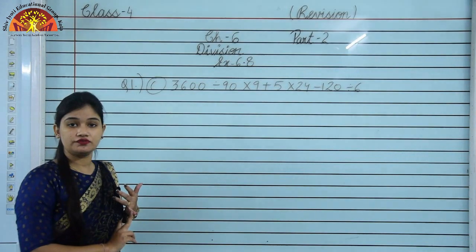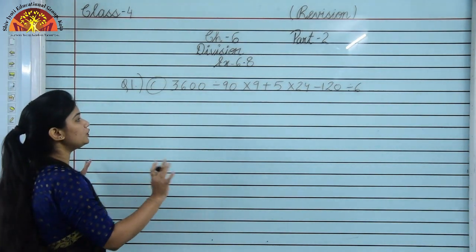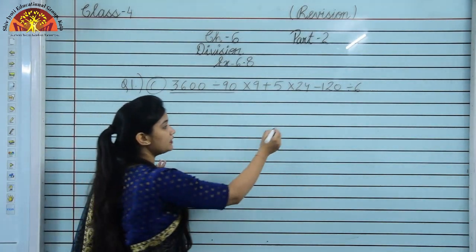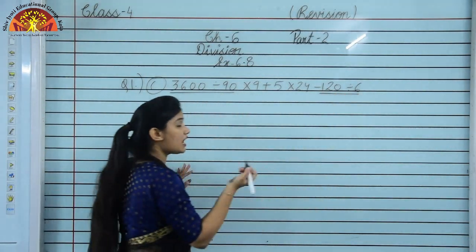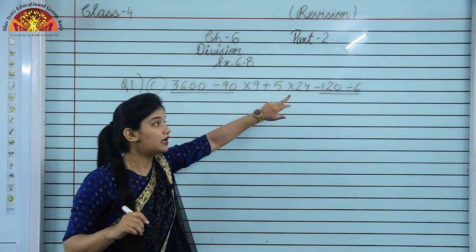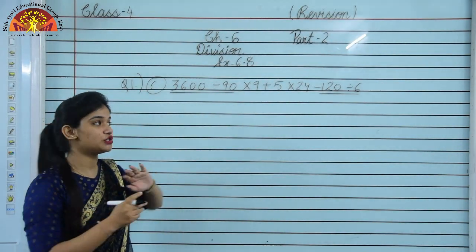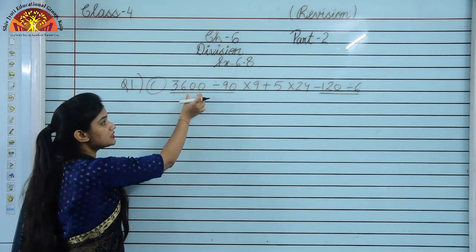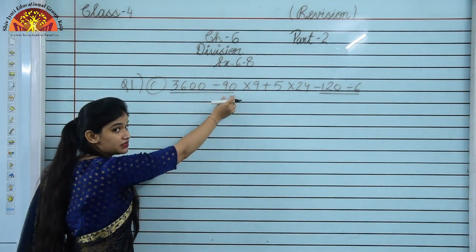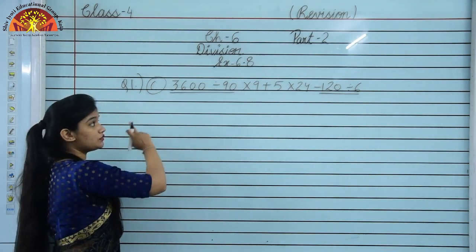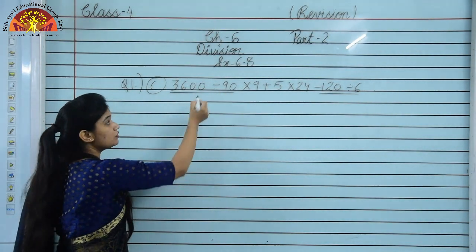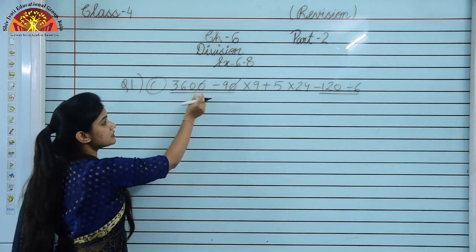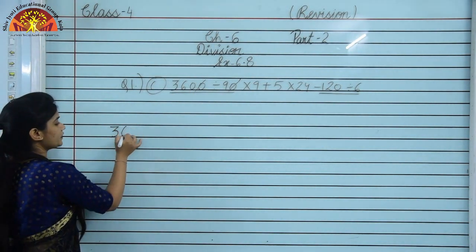So first of all, you have to divide. As we can see, divide is given here and here also. Then after divide, multiply, and then addition and then subtraction. So first of all we are dividing the numbers. So students, 3600 divided by 90. As I have told you in previous video, you can see 0 here, here also, so you can cancel the 0. Is it clear? Now the new number is 360 divided by 9.